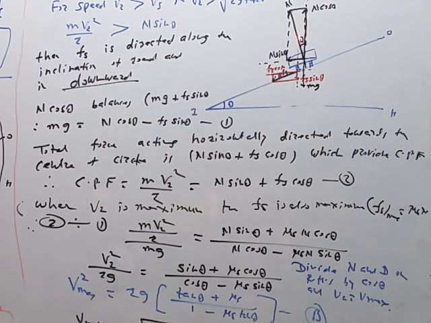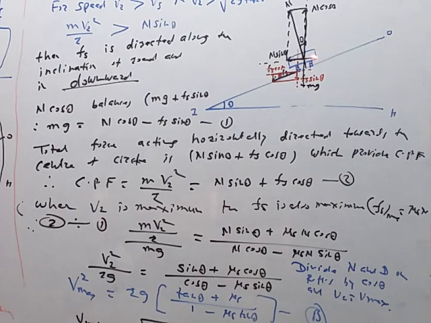Now one more real force is the normal reaction. It is resolved into two components. So n cos theta balances mg, the weight of the vehicle, as well as Fs sin theta. So this is the first equation. n cos theta is equal to mg plus Fs sin theta. This is equation 1. N cos theta balances means you can put an equal sign here, and arranging the equation for mg we will get equation 1.